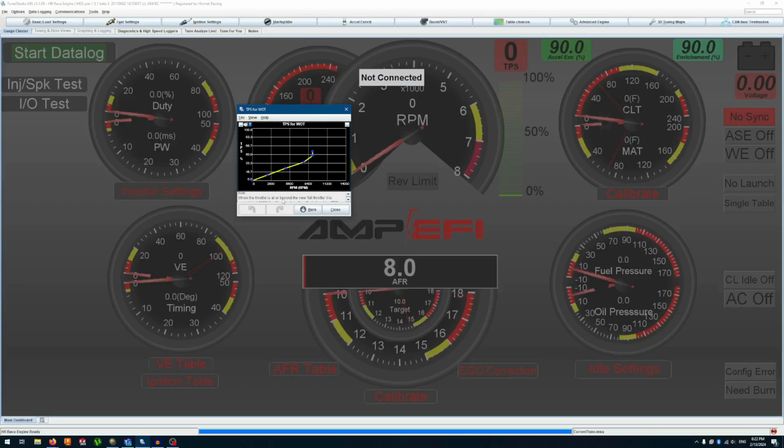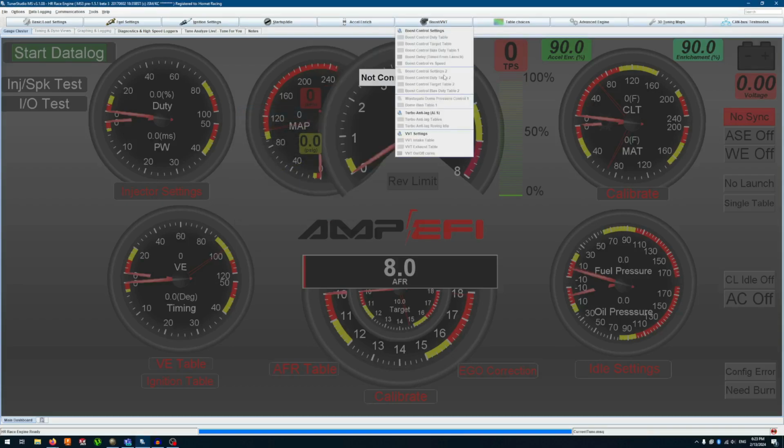When throttle is at or beyond the new full throttle, it is considered 100% throttle. This has the effect of making a TPS-based accel enrichment more sensitive at low throttle. Oh, okay, I understand. So this is basically like, if you guys know what a pedal controller is, that's basically what this is, except a little different. So anyway,